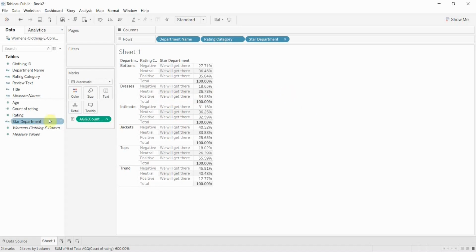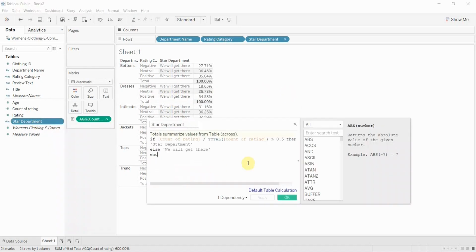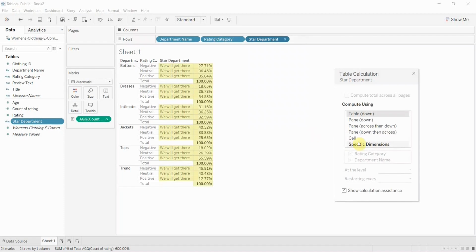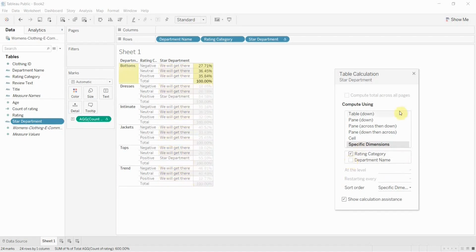And the reason is because if I go to this calculation, I'm using this table calculation here. So this also has now become, the star department is a table calculation now. So for this table calculation, I need to ensure that by going to the edit table calculation, I am calculating this table calculation using the right partitioning and directional fields. So department name will be my partitioning field, and rating category will be my directional field here. If I do that,